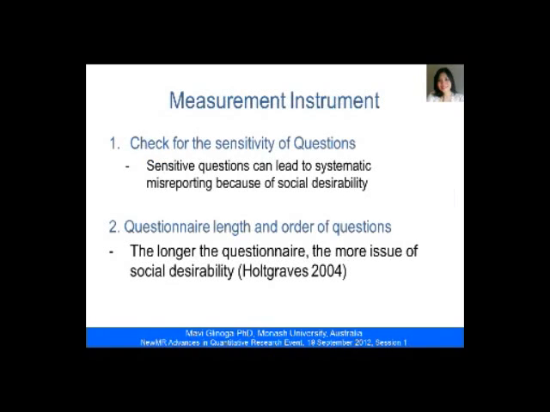So in terms of our measurement instrument, I highly recommend that you do a pre-test. A lot of companies obviously do pre-test. These are the things you should be looking out for. Number one is you should be checking for the sensitivity of your questions, because sensitive questions can lead to systematic misreporting, and that relates to the transparency of the individual responding to your research, and that's also linked with social desirability. If you ask something extremely sensitive, it may be cultural or religious or to do with health, and they don't want to reveal it, they don't want to seem transparent, then that can have an impact